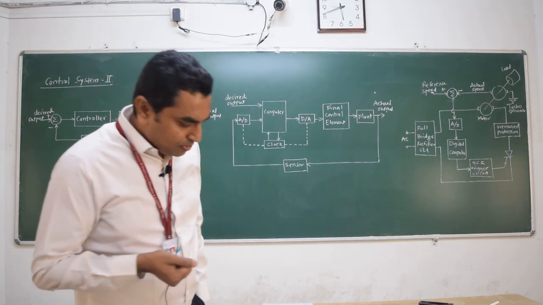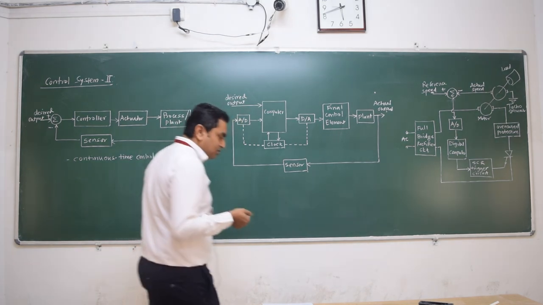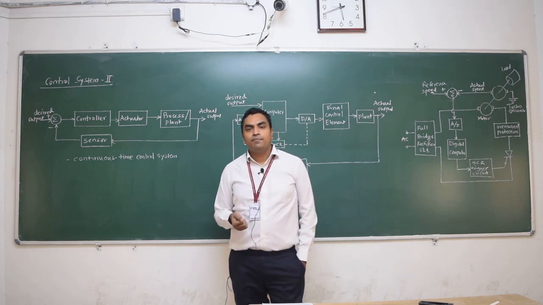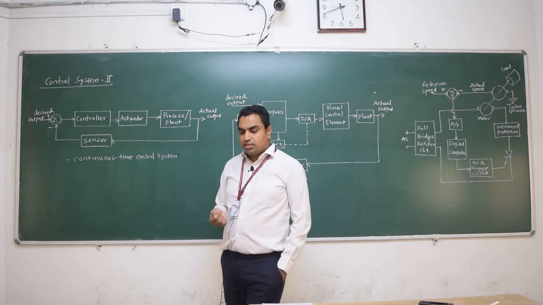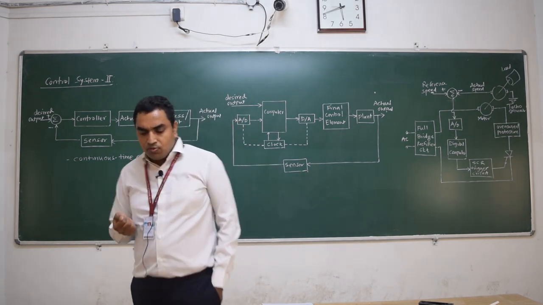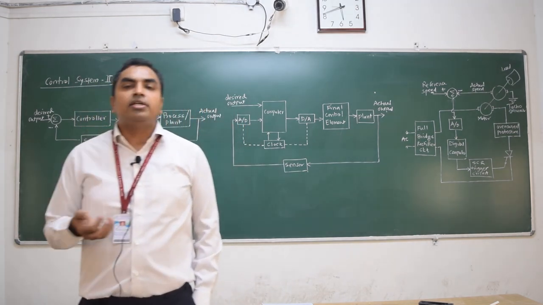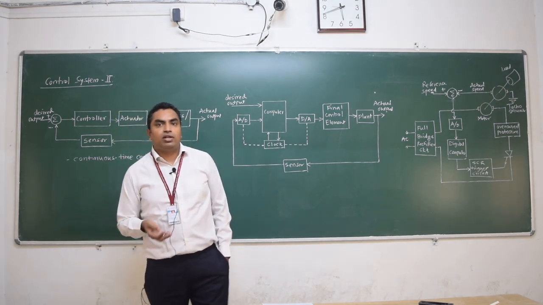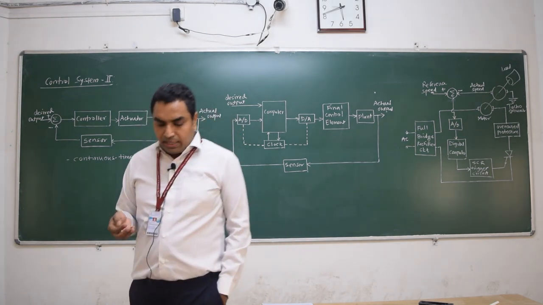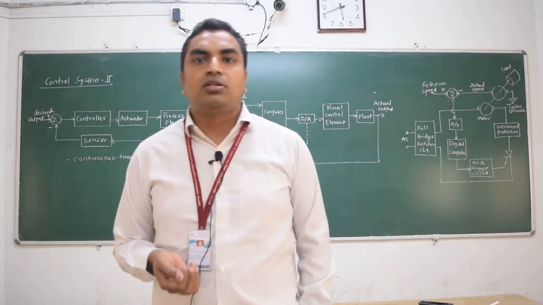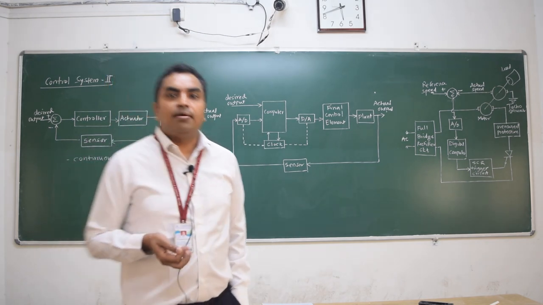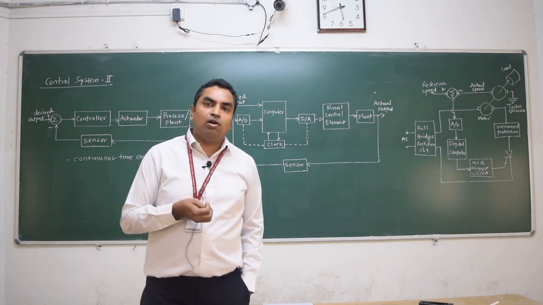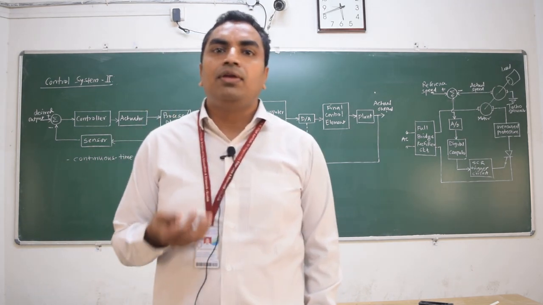So here, as we have covered in the last course, that is Control System 1, continuous time systems, but here in the first 3 units we will talk about discrete time system. In the very first unit we will talk about what is meant by digital control system or discrete time control system, what is the exact difference between these two, then what are the advantages of the discrete time system, then what are the examples of this, then what is sampling, what is analog to digital converter, digital to analog converter, right? This we will cover in the unit number 1.